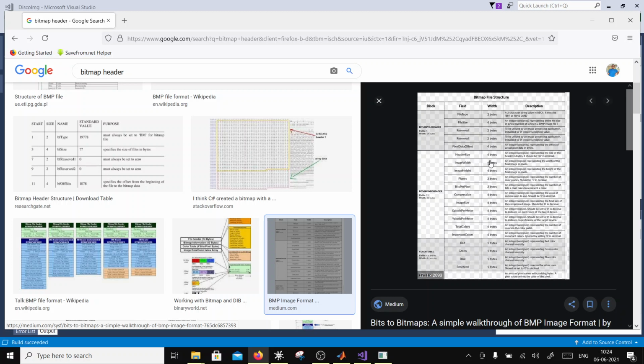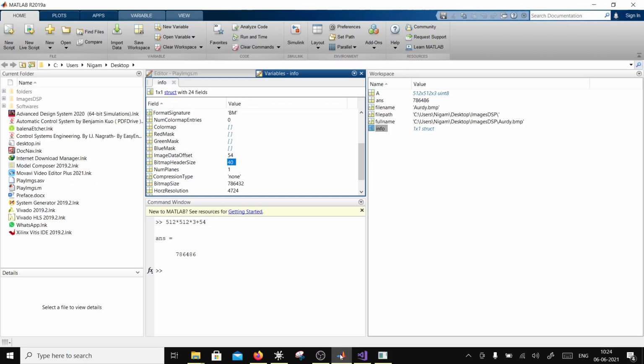Okay, image width 512, image height 512, number of planes 0 or 1. Okay, so it means it says 1 or 2. So how many planes are going to be here? So that's going to be short. Bits per pixel is another short, which is going to be 24 bits. So that information is over here in MATLAB as true color or whatever, right? And 24. So that's bit depth 24.